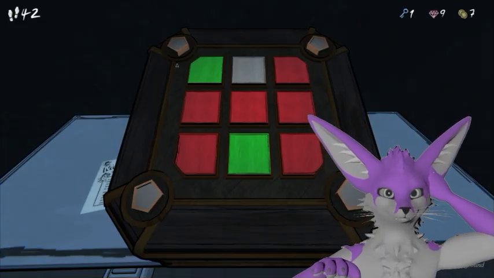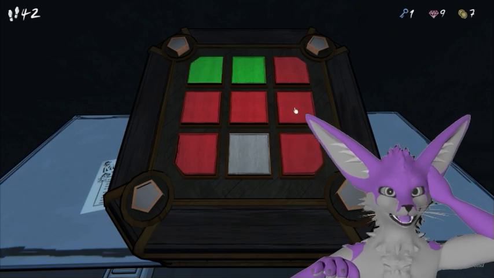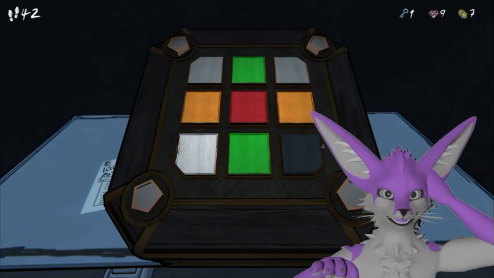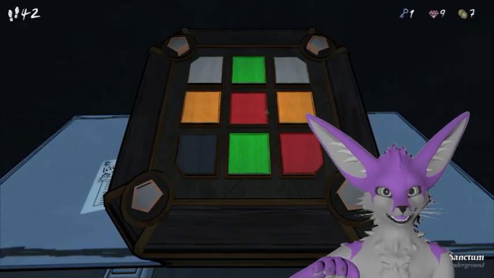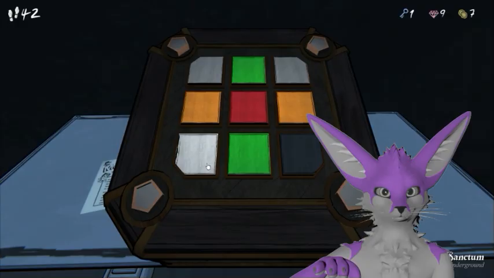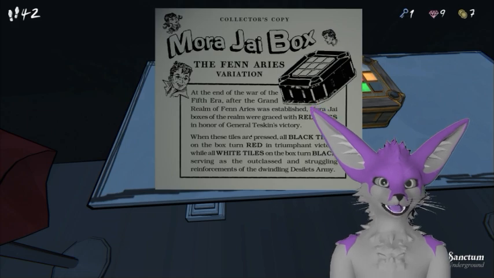Ooh. I think I need to reset. I need a black to move them. Orange doesn't do anything right away. White is one. Is there any way to make more white? At the end of the war,